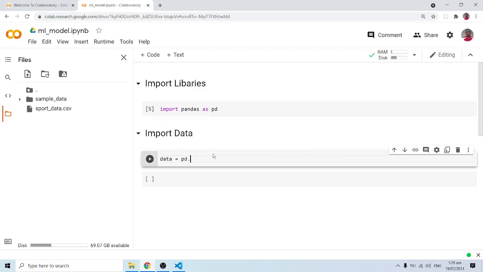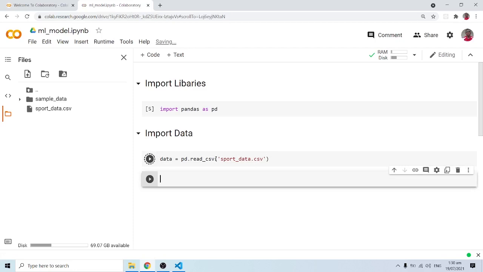So I'm going to say pd.read_csv. There are a number of data file extensions, and this is a .csv file, a comma separated variable file. After calling this method, all that I need to do is to pass in the directory where the file can be located, or the name of the file. So I'll do sports_data.csv. Sorry, CSV. All right, so when I do a shift enter,